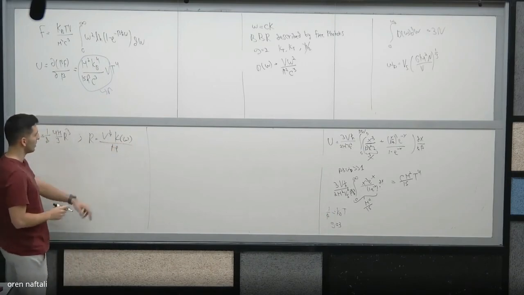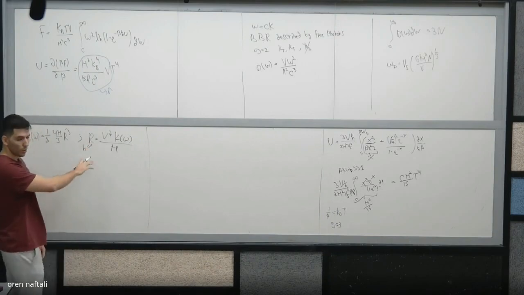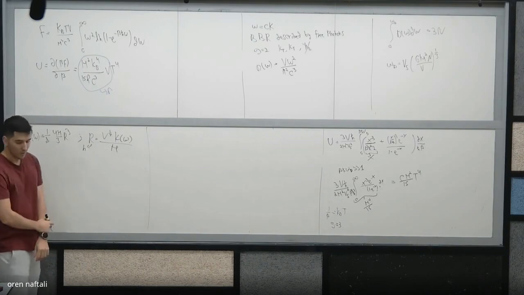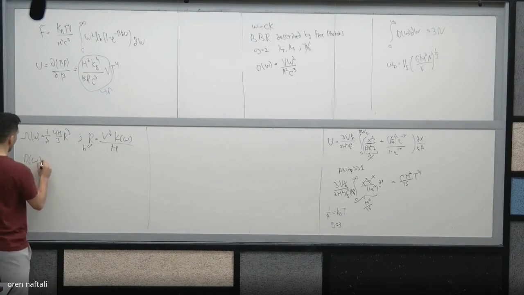This is just n. You can think of it as the quantum number. Good. And now you want to take the derivative of this to get the density of states, right? So d omega is just